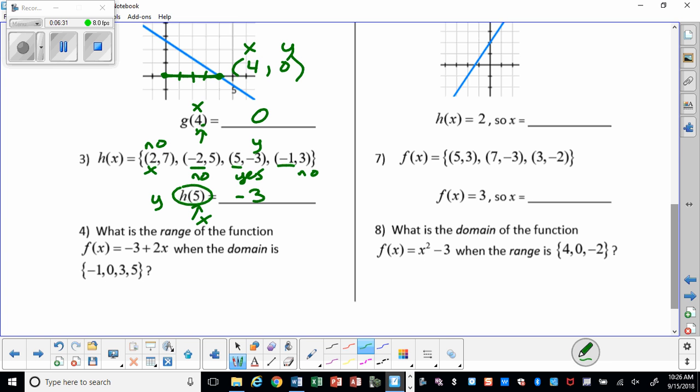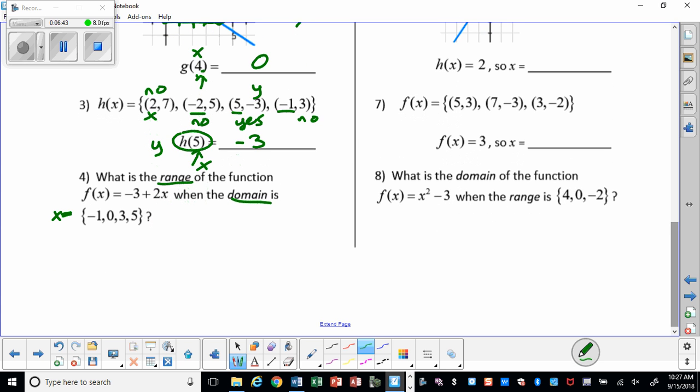Alright. So number 4 says, what is the range of the function? So I'm trying to find the y's. I'm given the domain, so these are my x's. Alright, so I'm just going to substitute in for the x's. So f of, instead of x, I'm going to put in negative 1 equals, and then I'm just going to substitute,